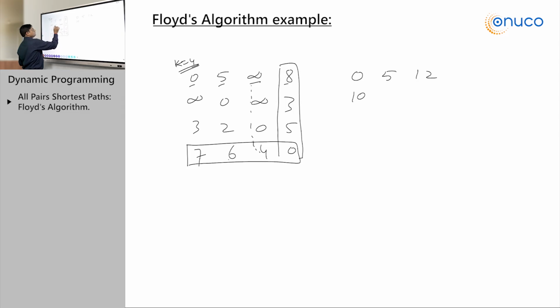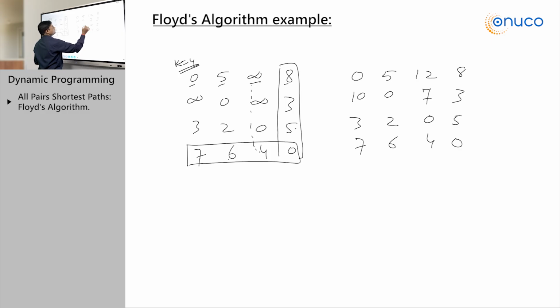Here 6 plus 3 is 9, but it is 0, no change. 4 plus 3 is 7. Here is infinity, so 7 is lesser. 7 is lesser and this is 3. Similarly, 7 plus 5 is 12, but it is 3, no change. 6 plus 5 is 11, but here is 2, no change. 4 plus 5 is 9, but here is 0, no change. And here is 5, and this is on the diagonal, the shaded part, so no change. So this is our final result,